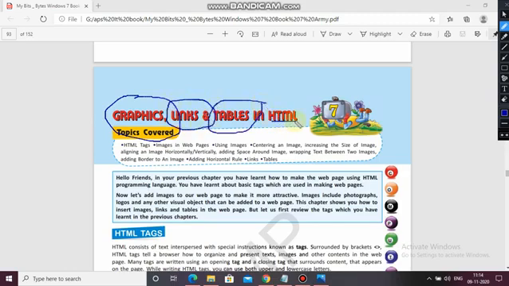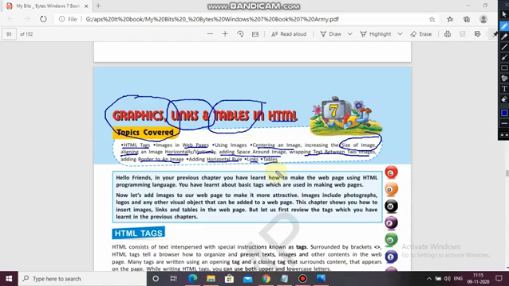As I had already told, the topics include HTML tags, images in web pages, centering an image, increasing the size of the image, alignment vertically and horizontally both, then adding space around the image, wrapping the text between two things, adding a border to an image, horizontal rule, links and tables. These are the topics which we'll be covering in this chapter.